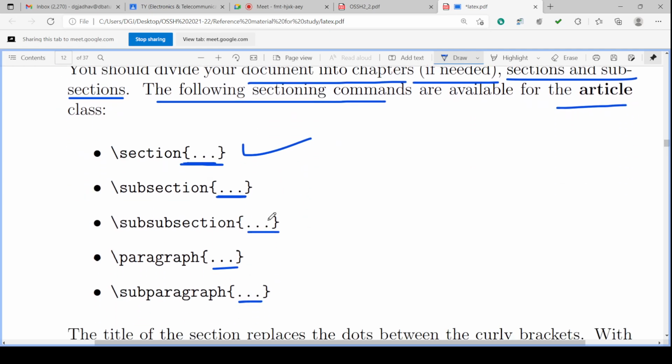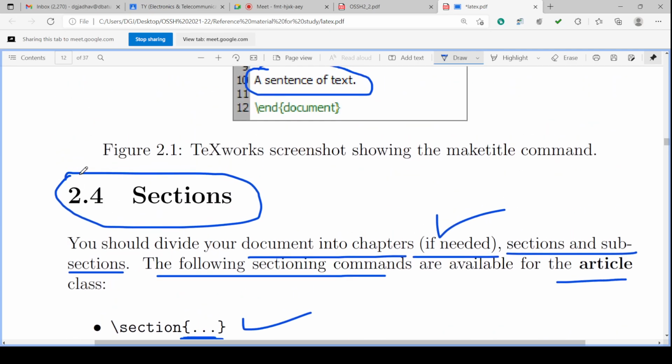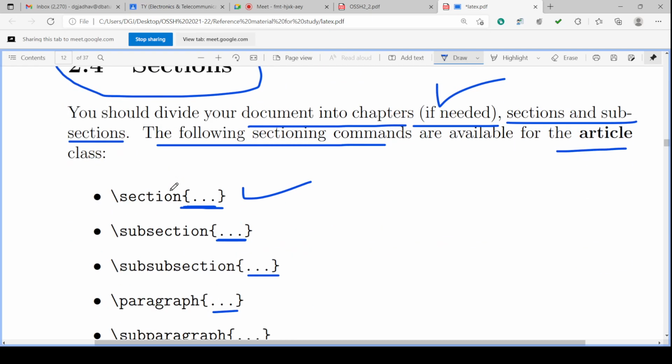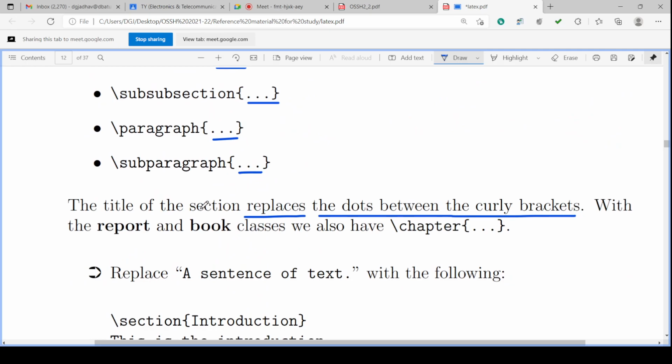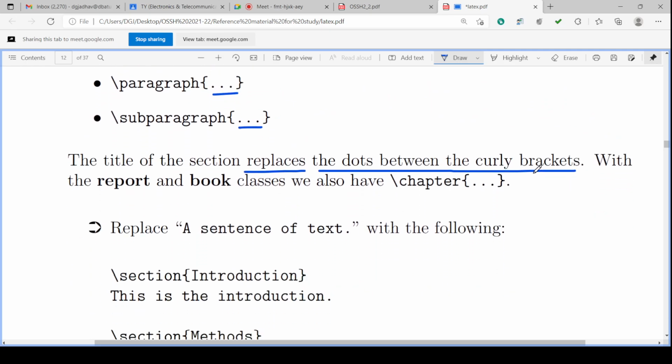So for plain text there is no command, but for a special type of text like title, section, subsection, etc., we require a command. So these are the commands, and the dots between the curly brackets are replaced by the section title. With the report and book classes there are also chapters.